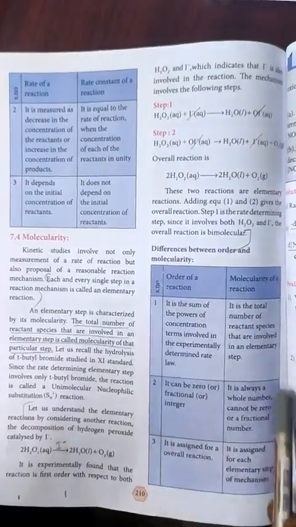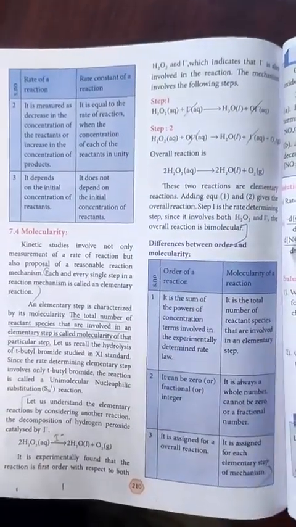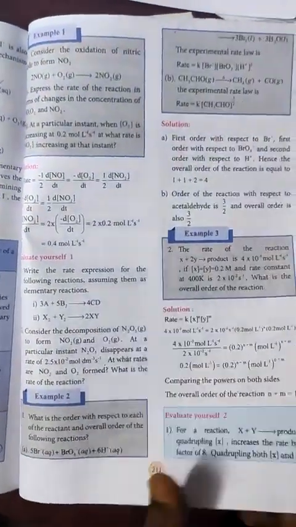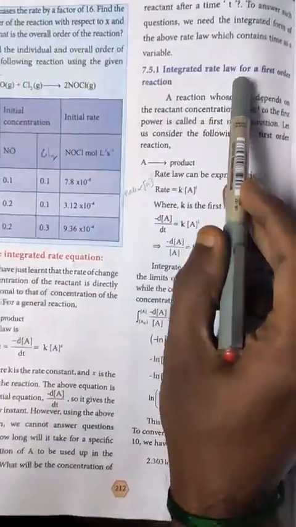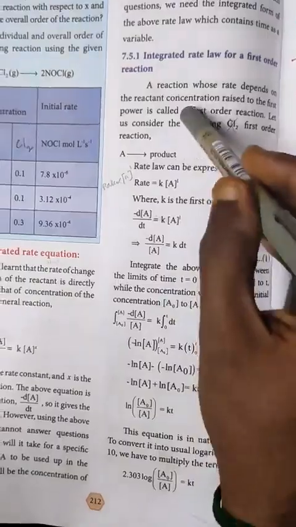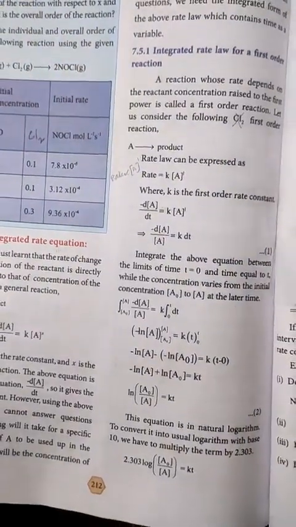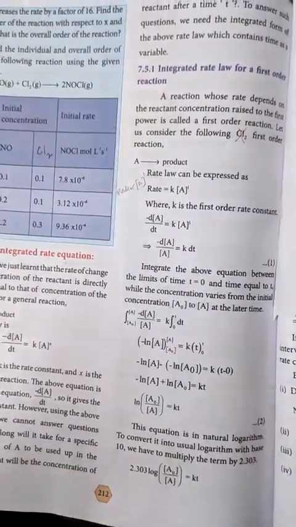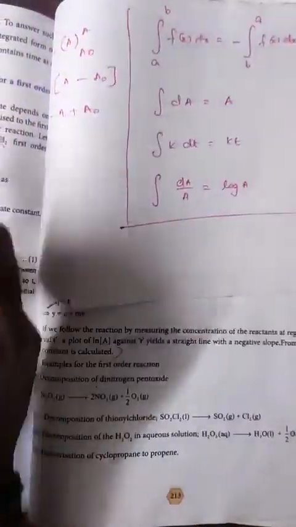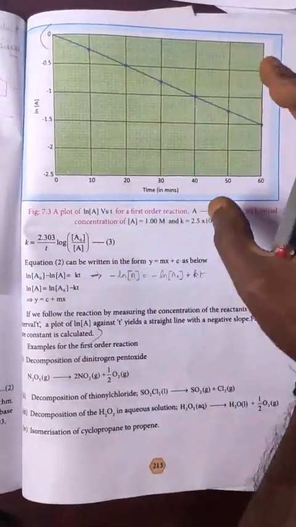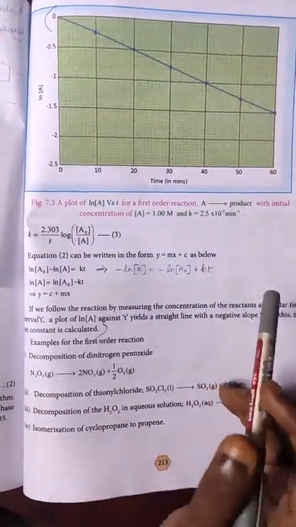And one another important question is difference between order and molecularity, a point question only. And after that, very important, integrated rate law for first order reaction. It's a very important 5 mark question. Okay, from here to here, book inside question only. Integrated rate law from here to here, it is a book inside question, but the graphical form of first order reaction they are asking, it is a book back.